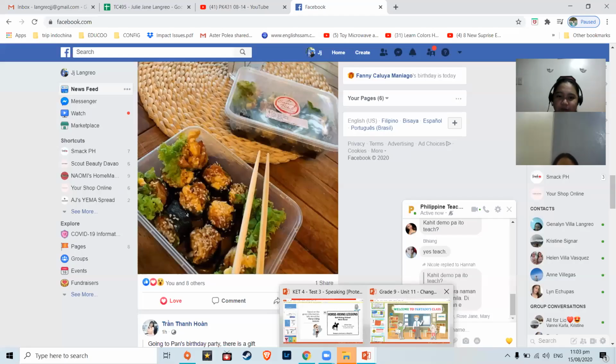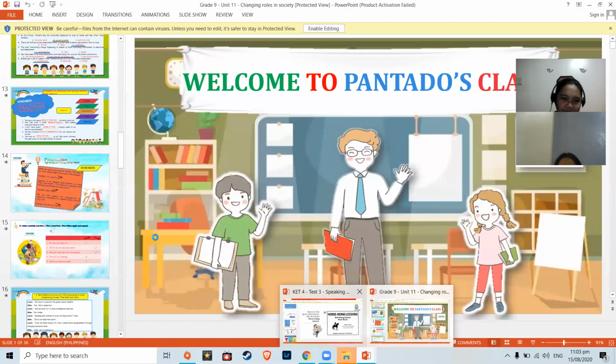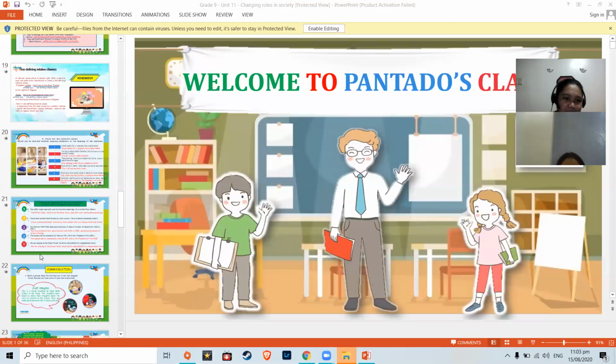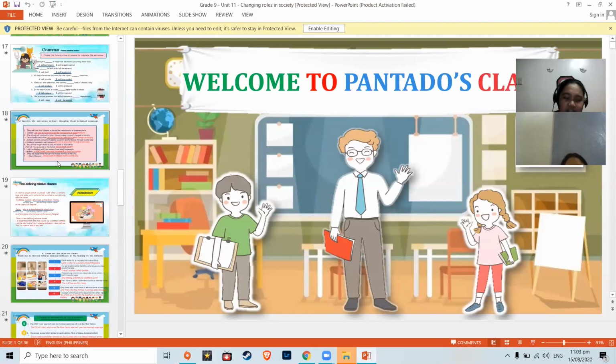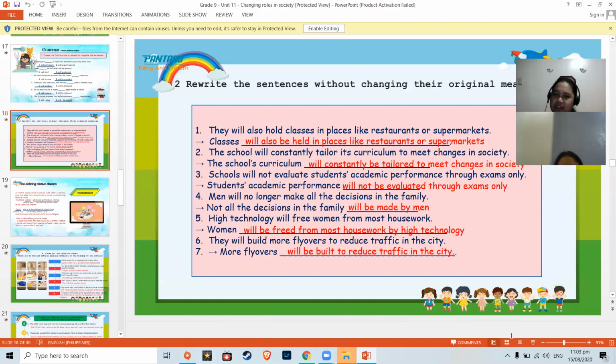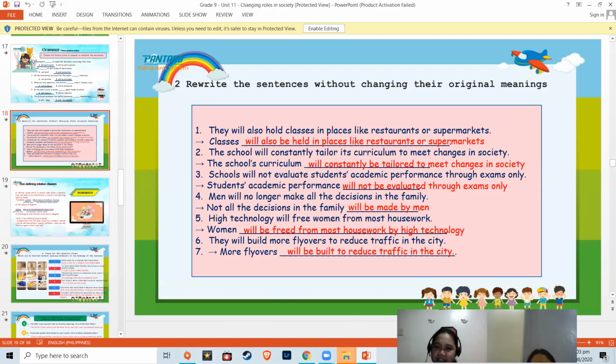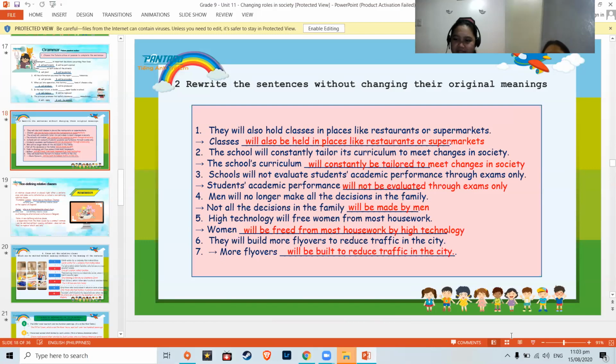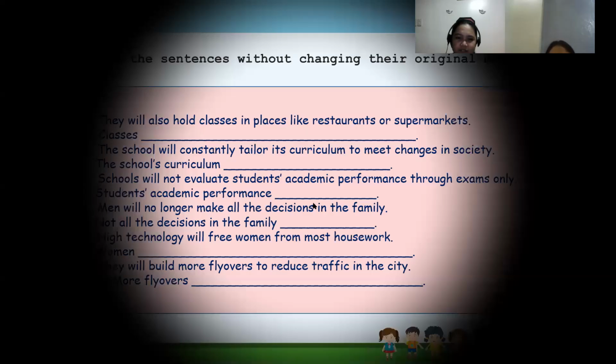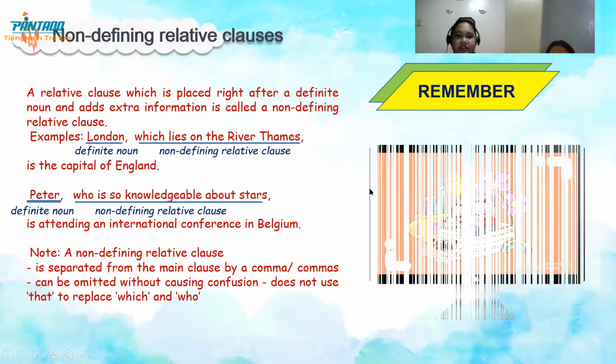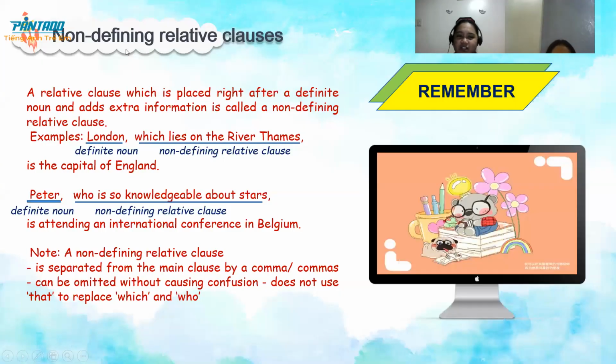We are still in changing roles, so now let's continue. We are now on page 18. This was your last activity: you rewrote the sentences without changing the original meanings. Now let's move forward. Non-defining relative clauses. A relative clause which is placed right after a definite noun and adds extra information is called